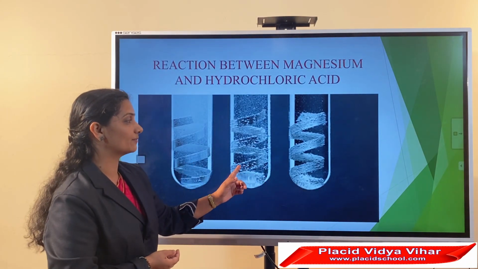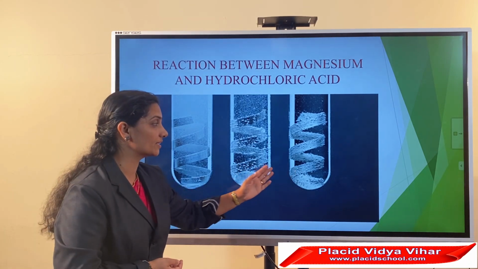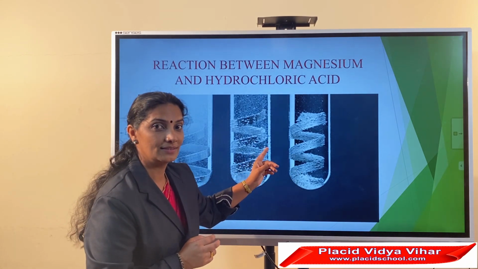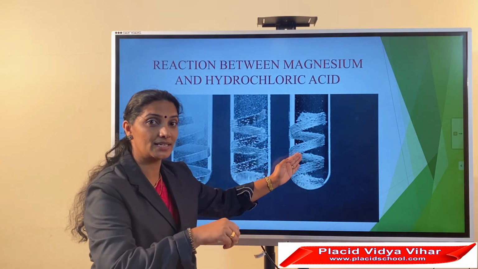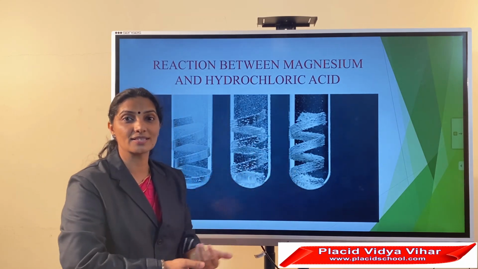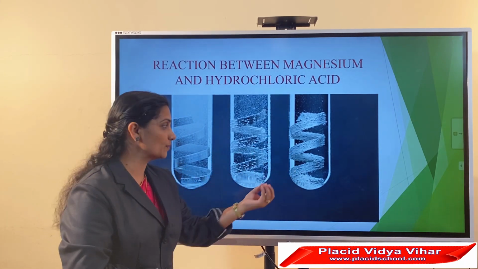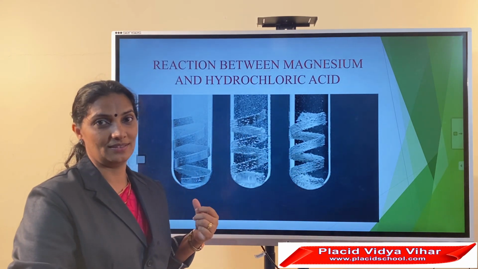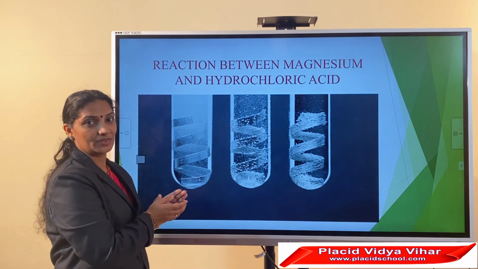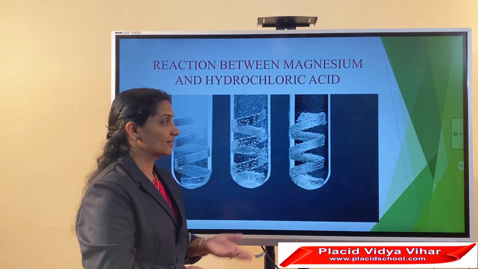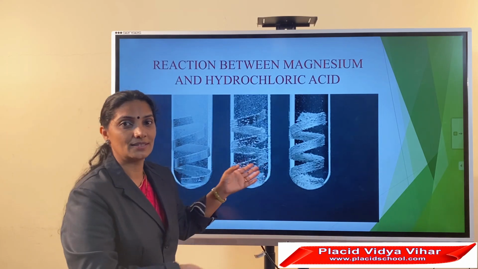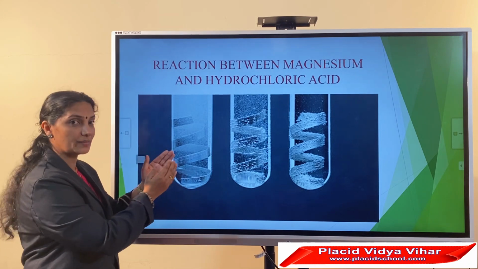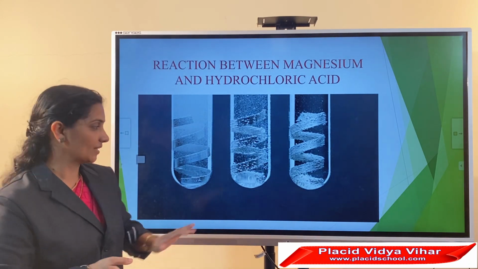When magnesium is treated with hydrochloric acid, see the reaction? The reaction is very fast. Can you observe bubbles here? This is the beginning. We poured hydrochloric acid onto magnesium. Immediately it reacts with the metal and forms bubbles. The formation of bubbles says hydrogen gas is produced. Then after a few seconds, the reaction becomes more vigorous. Again, more bubbles are formed. In the last case, it becomes more and more fast. This is the reaction of magnesium with hydrochloric acid.